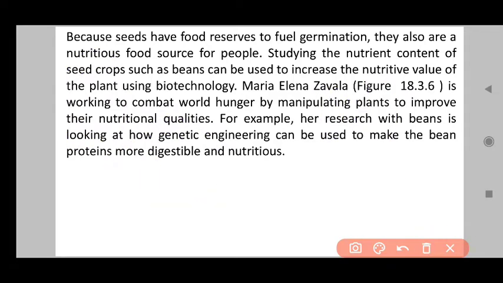Okay, the nutrition content of seed crops such as beans can be used to increase the nutritive value of your plant using biotechnology. So it is the application of your biotechnology, so that the cotyledon naturally has nutritive functions. So in case of genetic changes in the cotyledons, there may be more nutrition value for the people also. Okay,